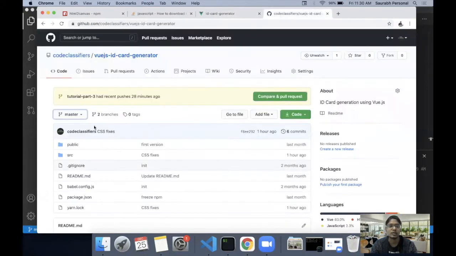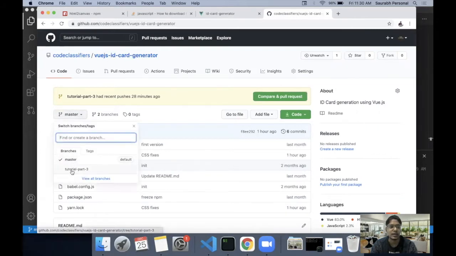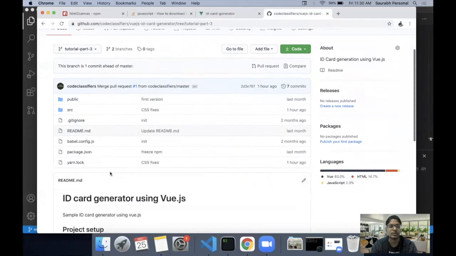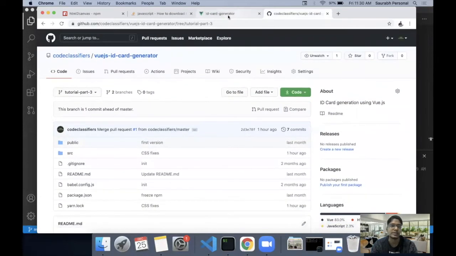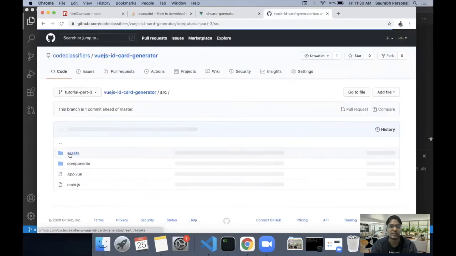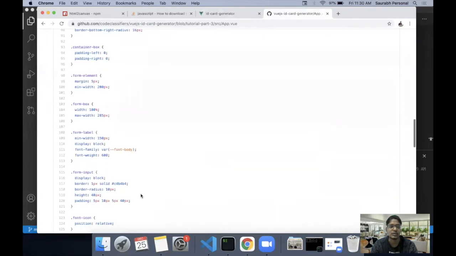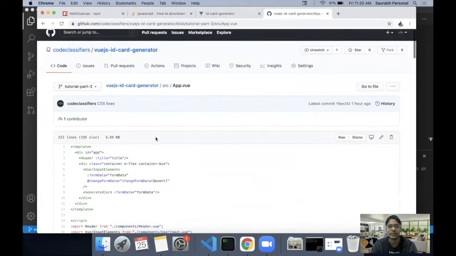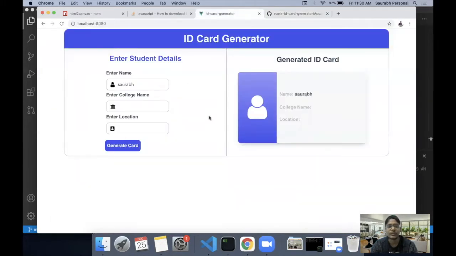If you want to check out the code until this point, you can go to the GitHub repo, which I will mention in the link, and you can check out the tutorial part 3 section. So this branch will have the code which has been covered till now along with CSS, which you can find here. You can clone from here or go to the src files and check out the CSS code here. You can then try to understand it and copy and paste it into your code to improve the UI of the form. Now the agenda for today's session is to generate a card on click on this button.